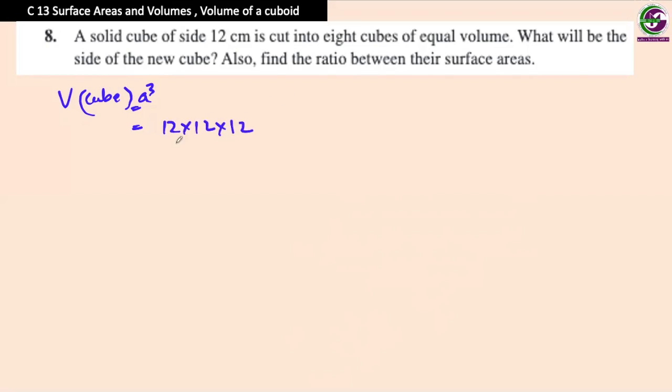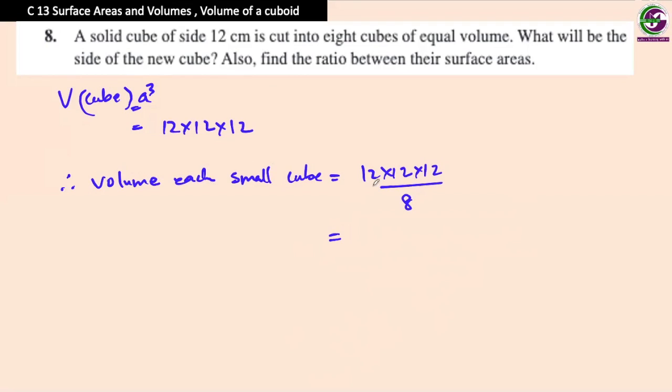This is to be divided into 8 small cubes. Therefore, volume of each small cube is equal to 12 times 12 times 12 divided by 8,